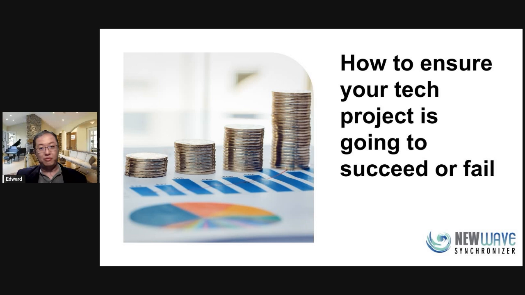Today's topic will be how to ensure your tech project is going to succeed or fail. Basically, from what we have experienced, why we choose this topic is because I feel a lot of people who are starting on their own, especially now, are more familiar with technology. They are more open to implementing tech into their company, whether internally or